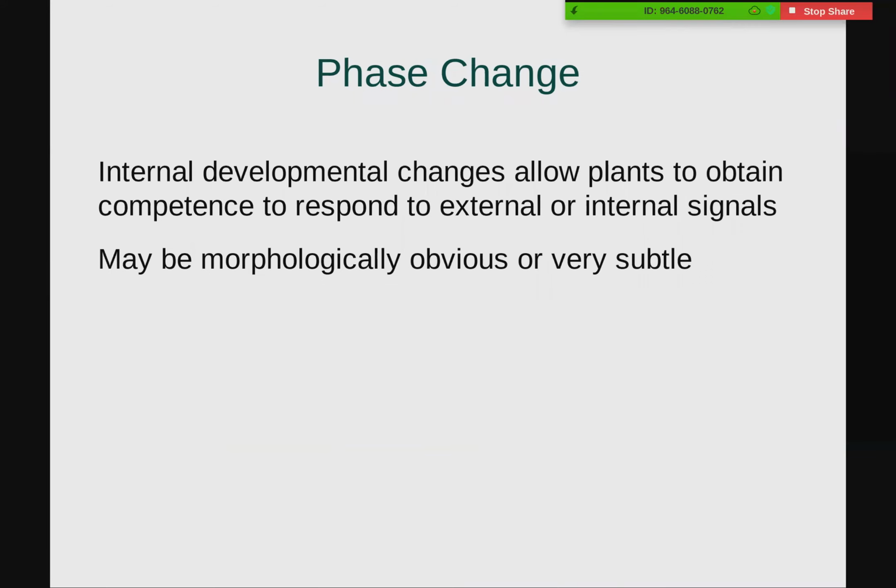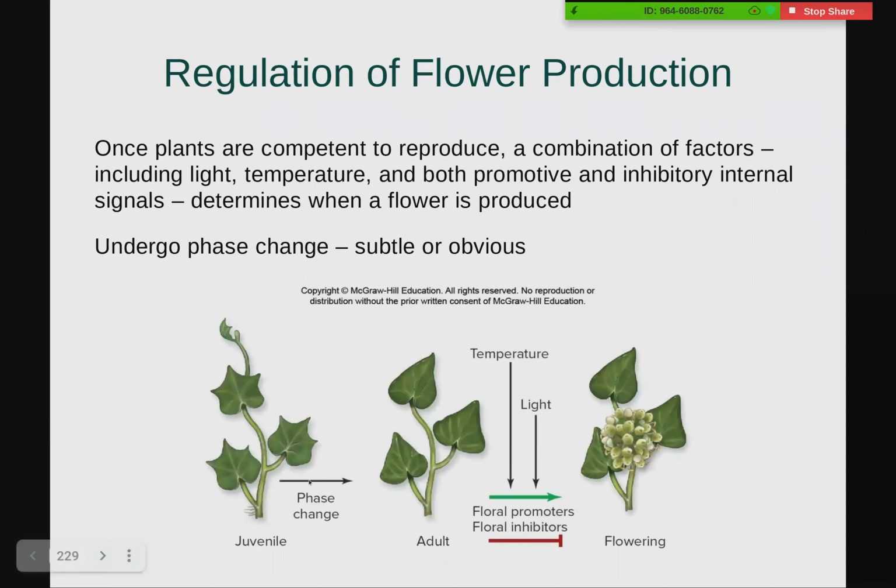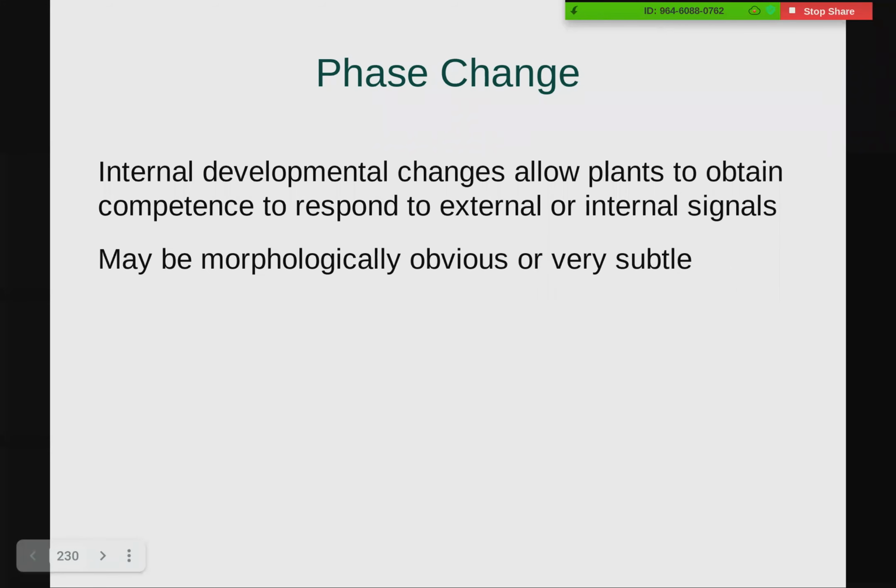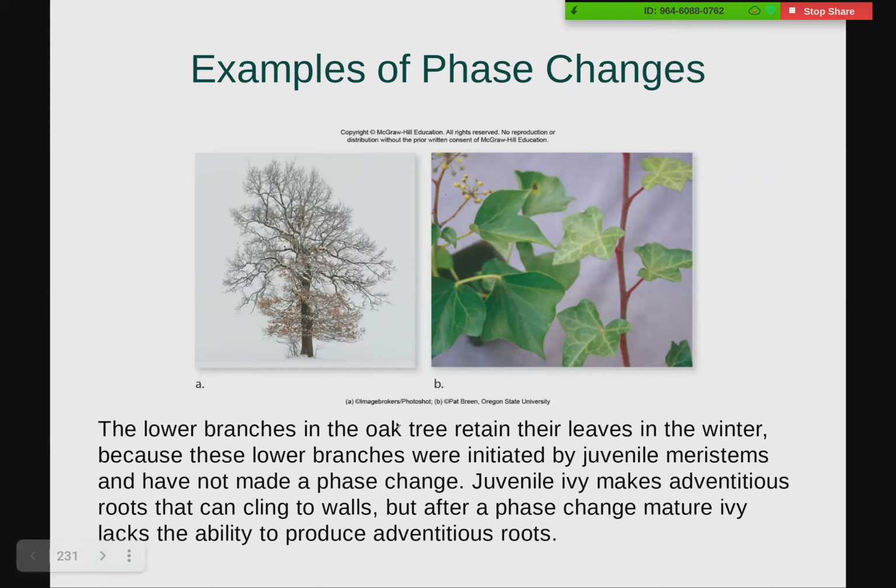Now, this phase change, again, is internal developmental changes that allow plants to attain competence to respond to external or internal signals. Now, this might be morphologically obvious or very subtle. Again, pretty morphologically obvious here. Other times it's very, very subtle. So in this case, we have the oak tree. Now, the lower branches in the oak tree actually retain their leaves in the winter because those lower branches are actually initiated by